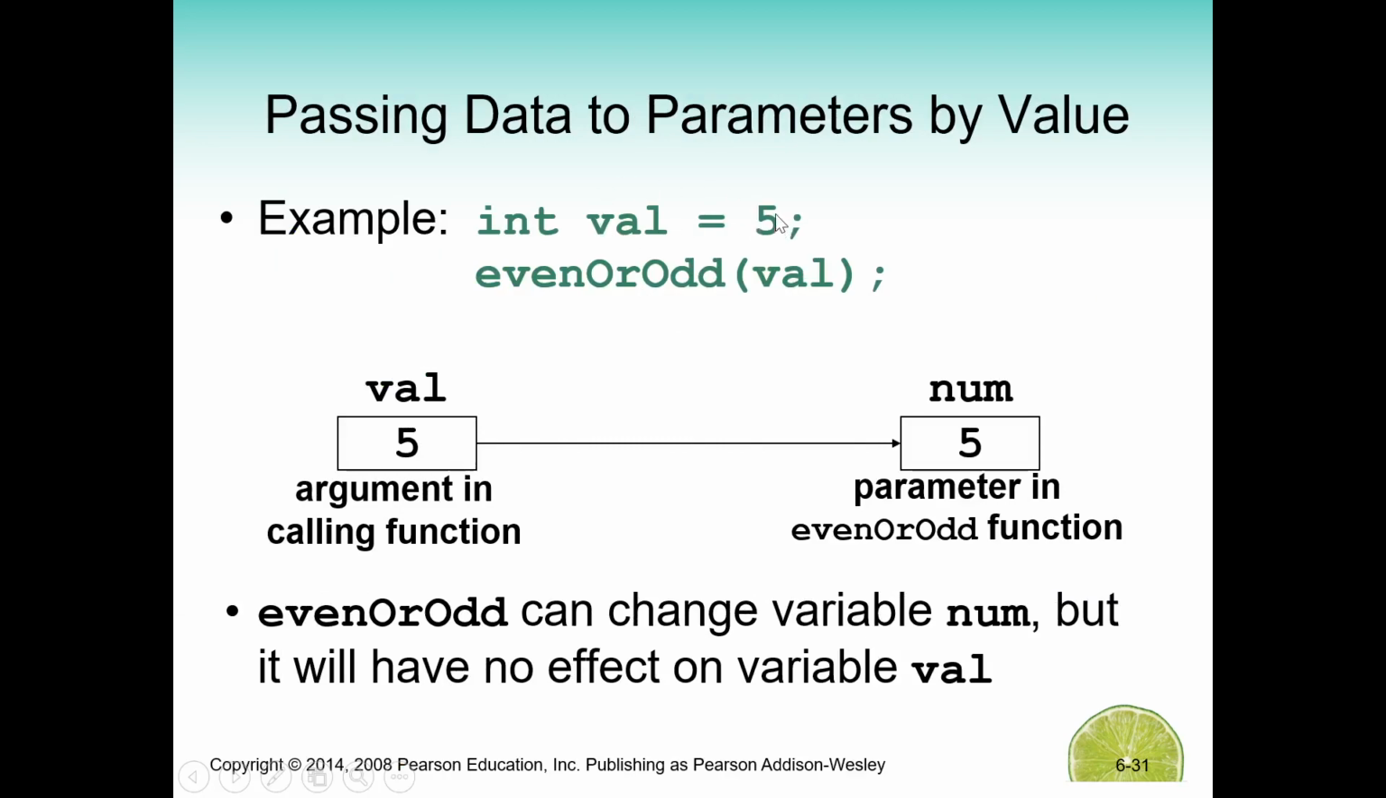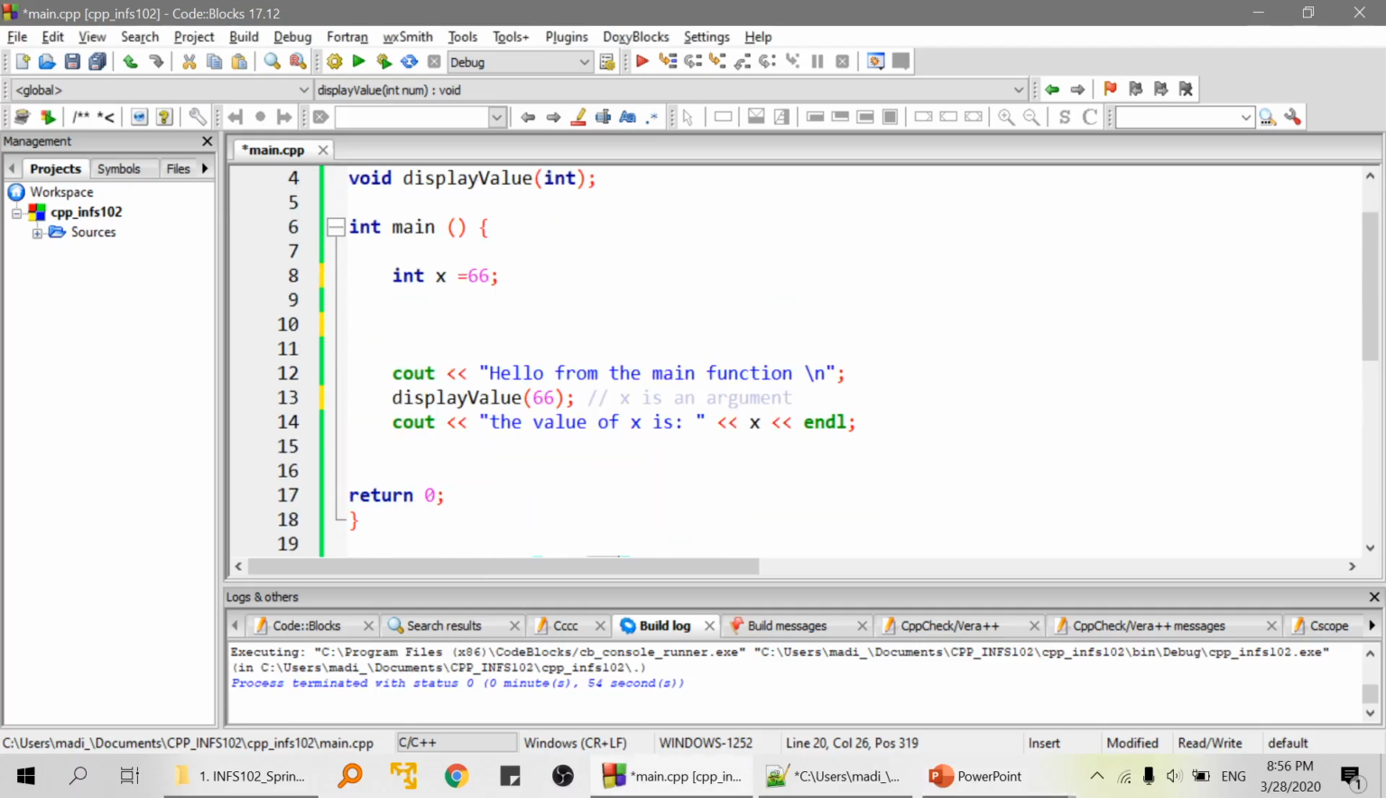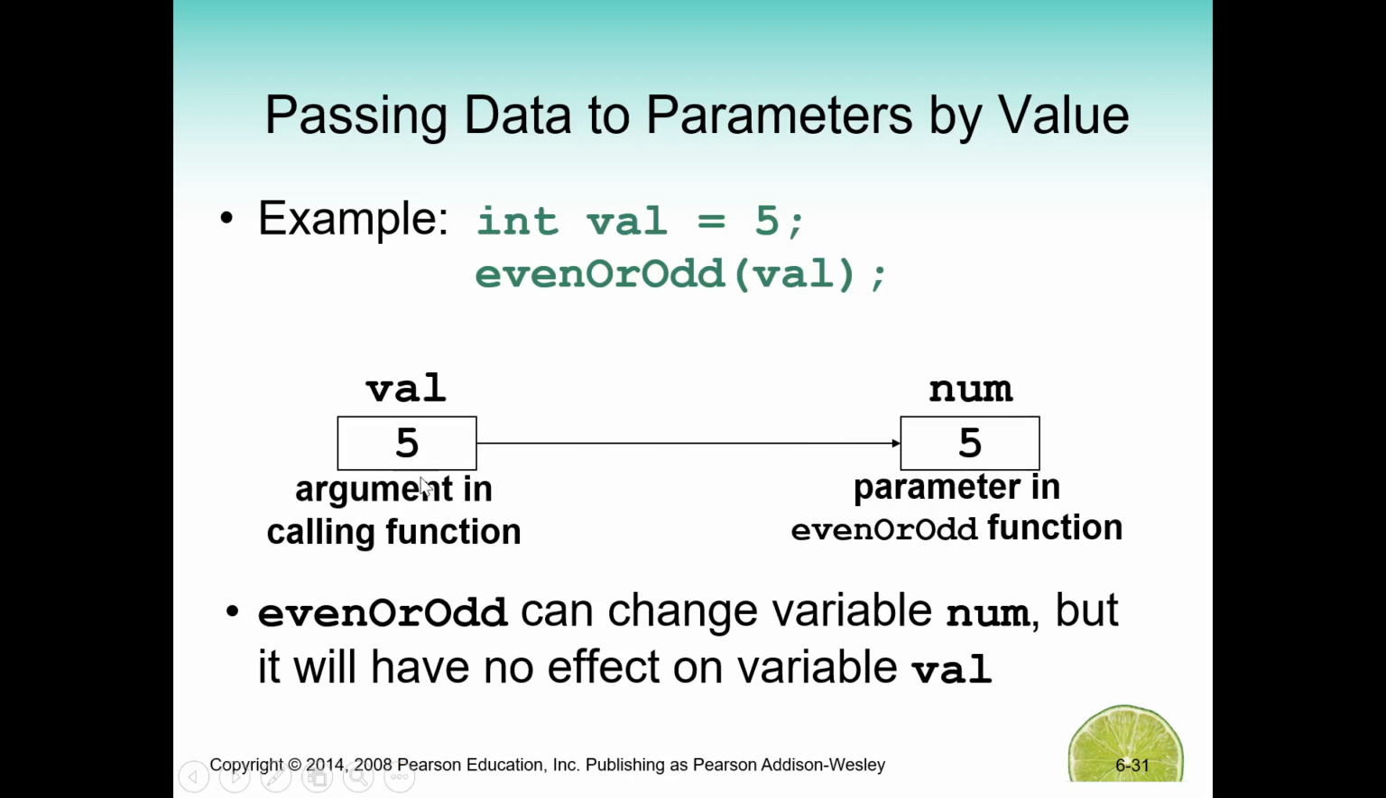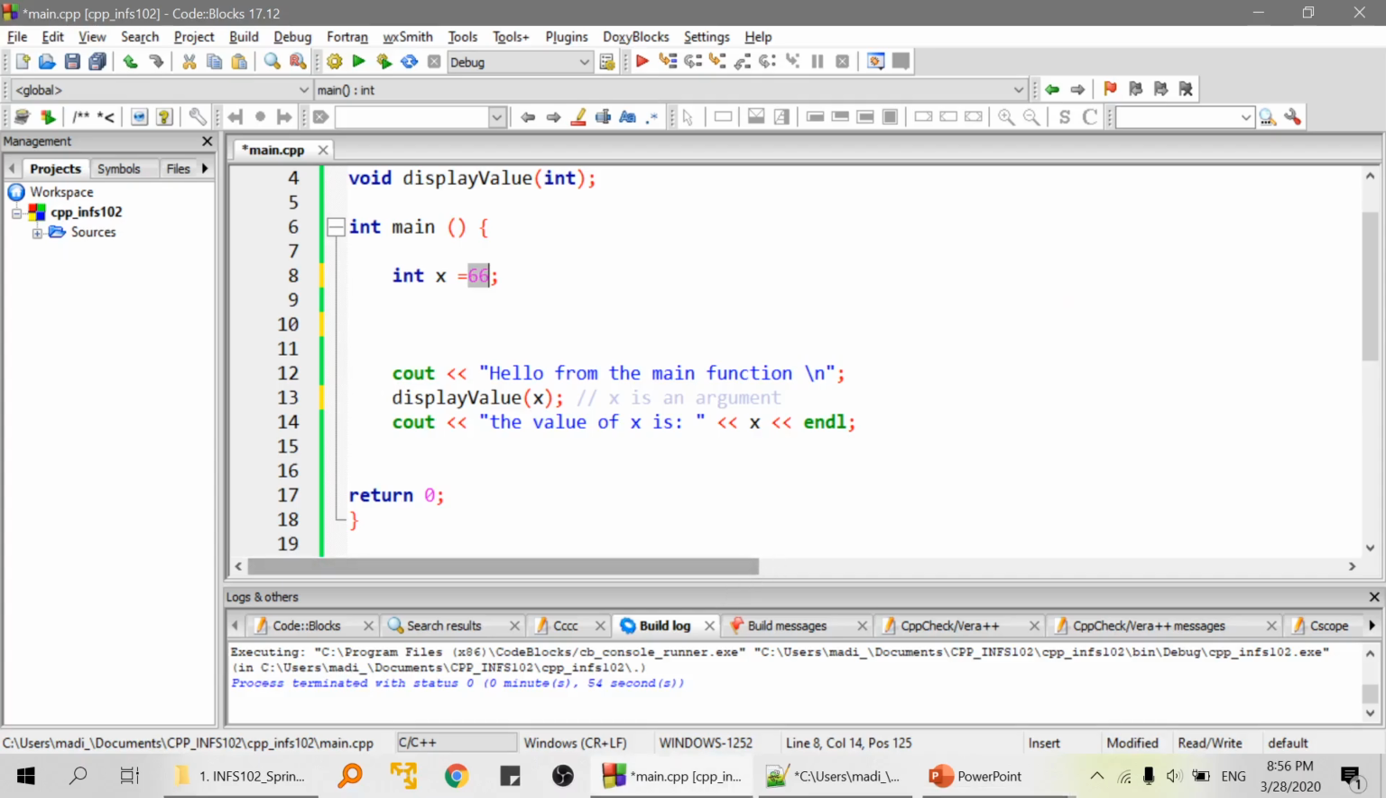So defining a value here, int x equal to 66, and then we are typing the name of the variable that has the value. So here val will be 5, and then it will be returned as 5 here. Okay. So with that, before this is the end of our session, let me just remind you,